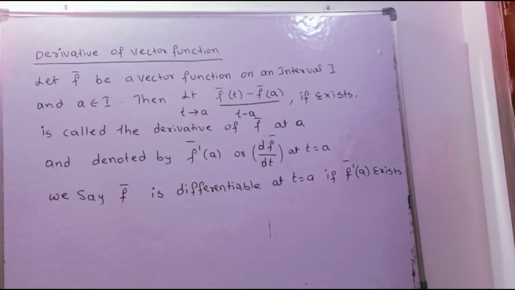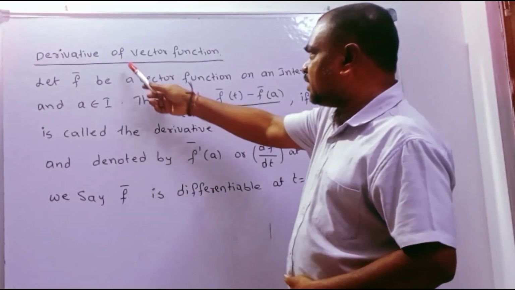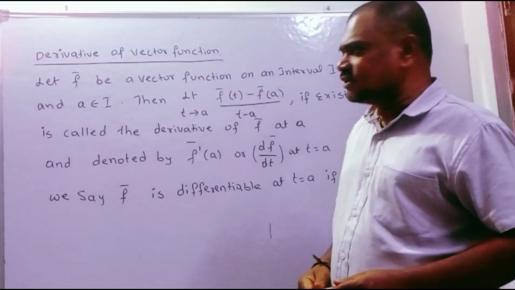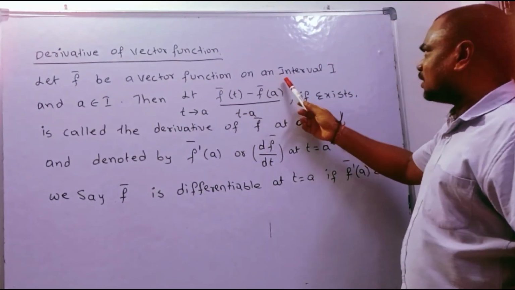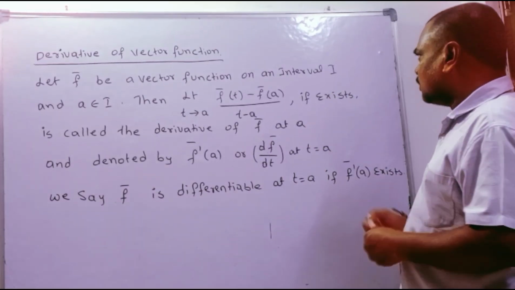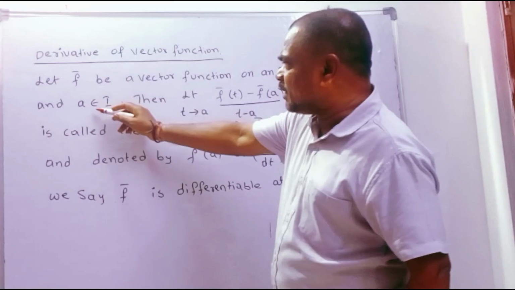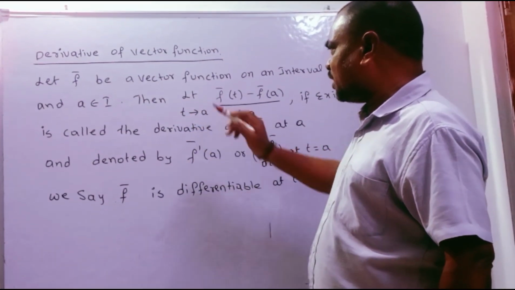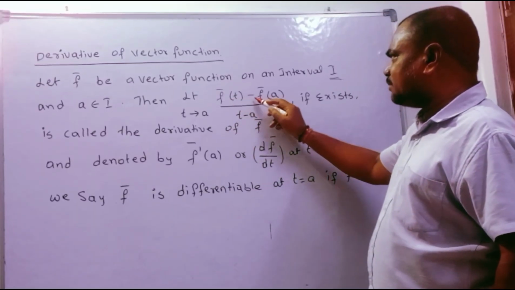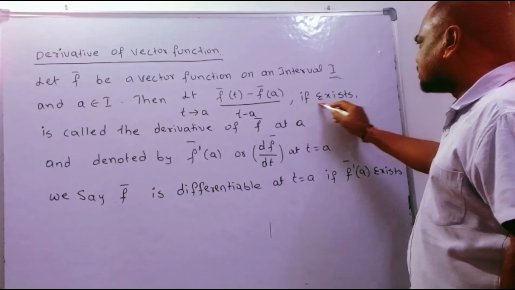How to find the derivative of a vector function? All of you see, here we discuss the derivative of a vector function. Let F bar be a vector function on an interval I, where a belongs to I. Then the limit as t tends to a of F bar of t minus F bar of a by t minus a, if it exists,